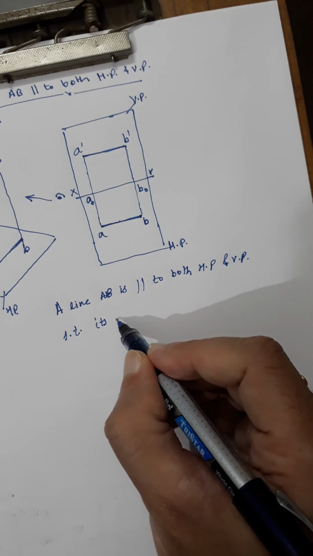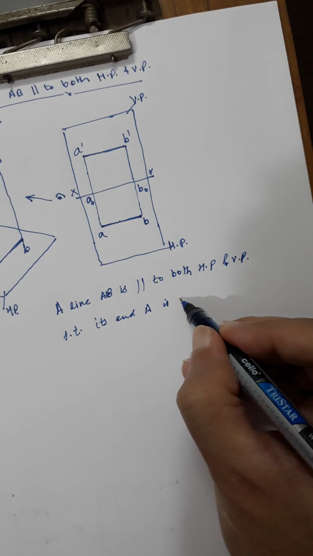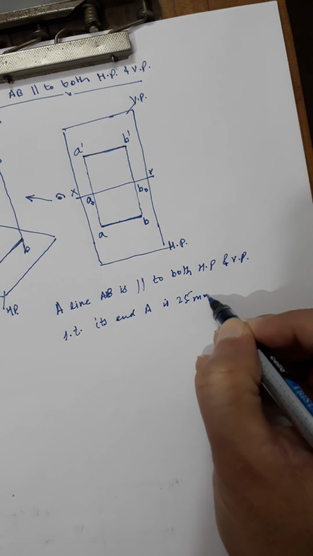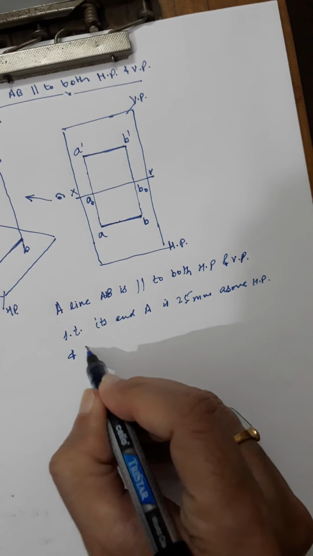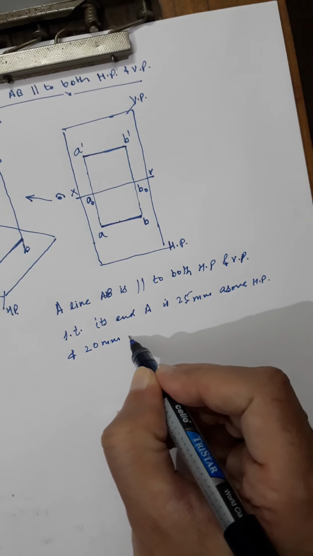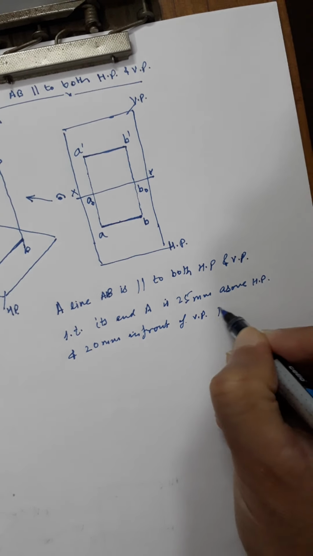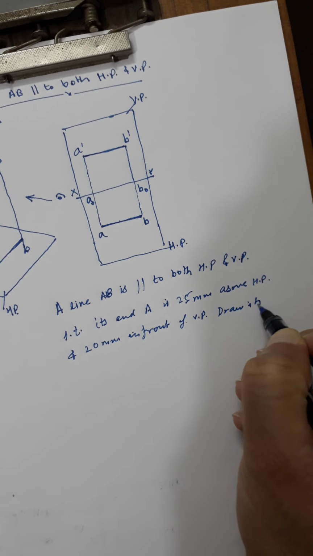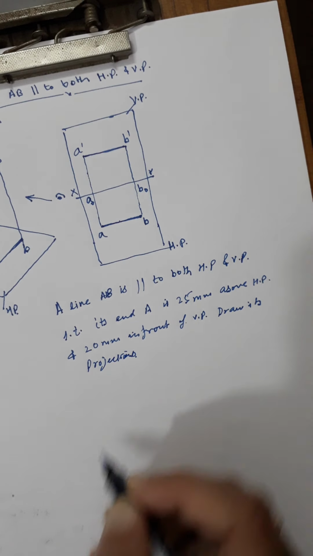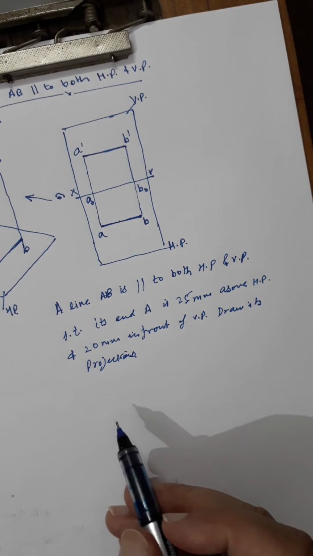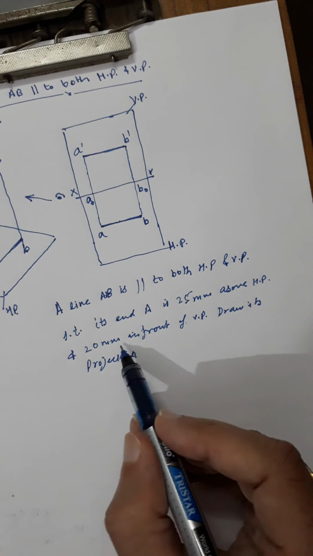one of its end A is 25 mm above HP and 20 mm in front of VP. Draw its projections. When I said draw its projections, it means you need to draw its front view as well as the top view. Okay, now it is saying A is 25 mm above HP and 20 mm in front